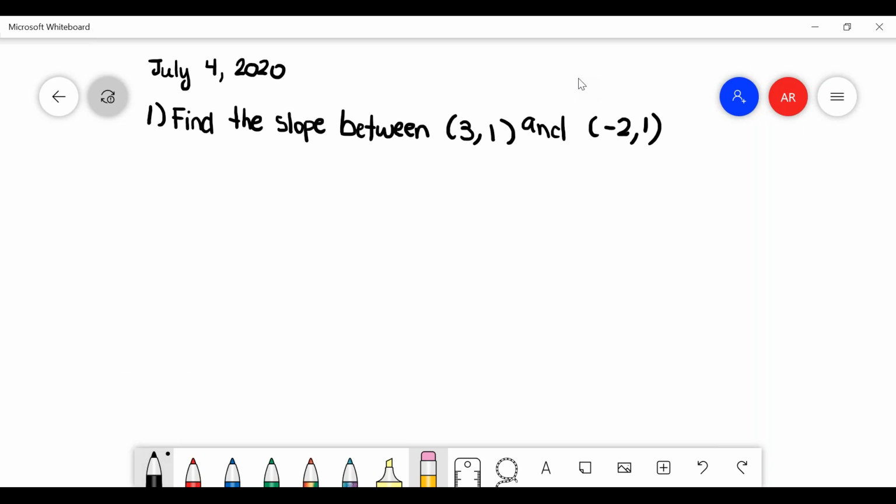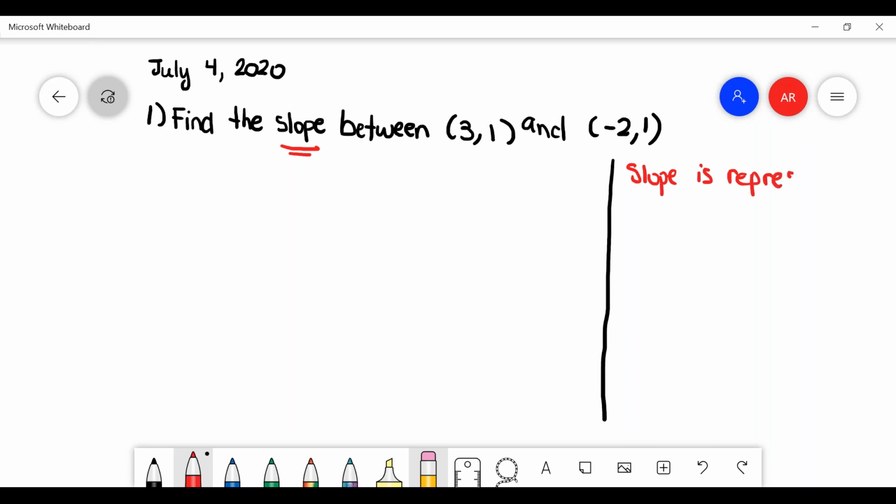So before carrying out these kinds of problems, I'm going to quickly refresh your memories, and if you don't already know, I'm going to be introducing you to a concept which is very important for solving a problem like this, and that is just basically what slope is. So I'm just going to write and explain a little bit about slope. So slope is usually represented by the variable m,